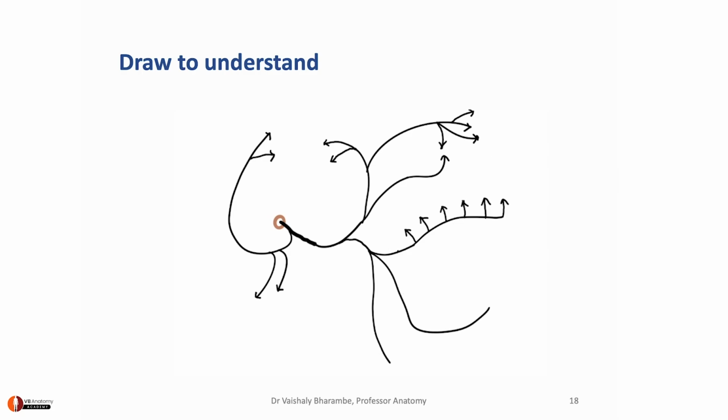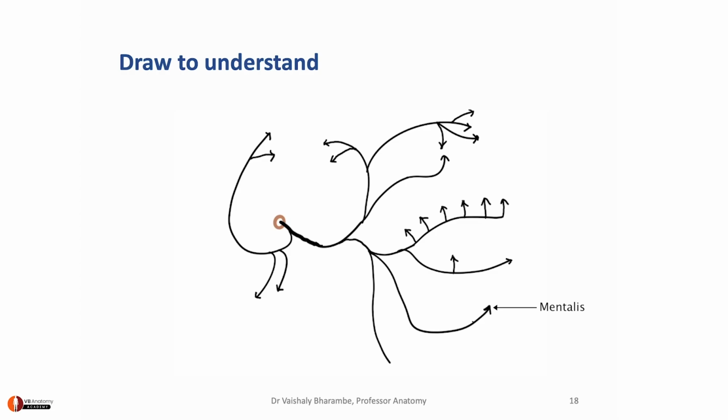The lower branch of the buccal nerve goes on to supply only two muscles. One is the buccinator and other is the orbicularis oris. Thus, the buccal branch divides into an upper buccal and a lower buccal. Upper buccal supplies all muscles above the lip and the lower buccal supplies the muscle of cheek and muscle of lip. We now come to marginal mandibular, which supplies muscles along the mandible.